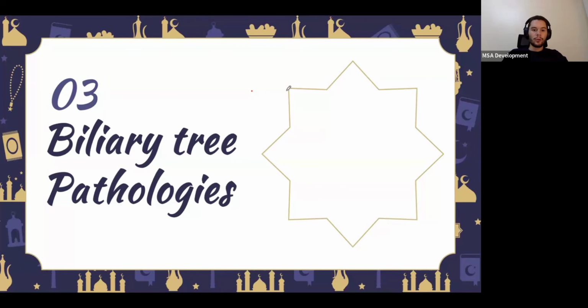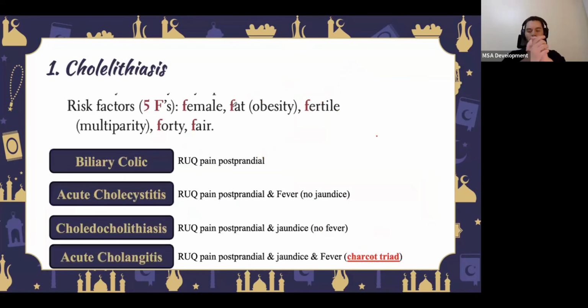Okay. Now on to biliary tree pathologies. Let's start with cholelithiasis. So cholelithiasis essentially means gallstone. That didn't cause any inflammation or anything, just a gallstone. Now we need to remember the risk factors. They're very important. I remember we got asked about